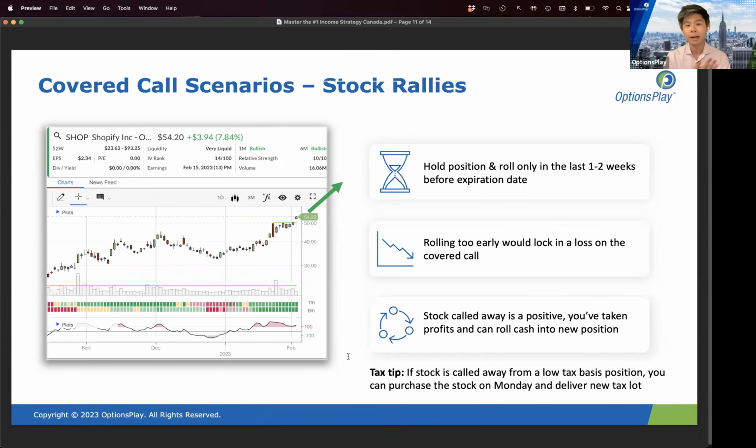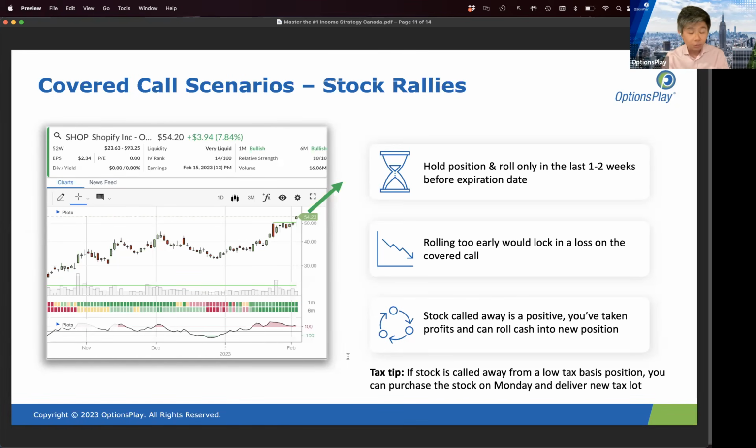I take this back. I don't know this for a fact in Canada, and maybe some of you can tell me if this is the case in Canada, but at least in the US, there's no obligation to deliver the tax lots first in, first out. You can deliver any tax lot. So if you have the cash to buy another 100 shares, you can deliver those 100 shares from a tax lot basis and not have to pay the capital gains on your original low cost basis stock.